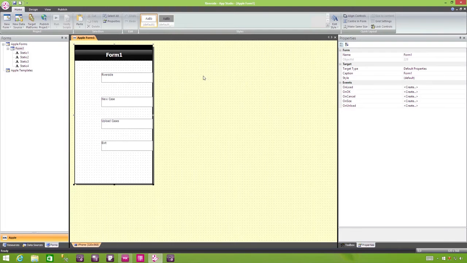Might also want to rename the form as well, make it a bit more meaningful for any other developers to come along. So rather than being known as Form 1, let's name this FRM Home. But you also want to change the caption to make it more obvious to the users what this is, so we'll just call this the Home form,